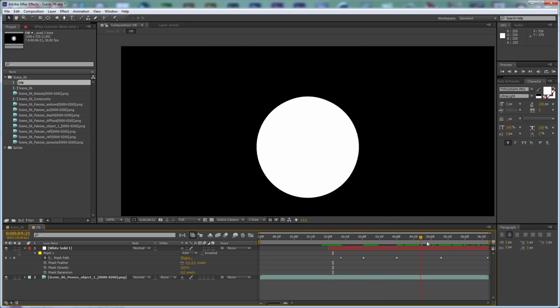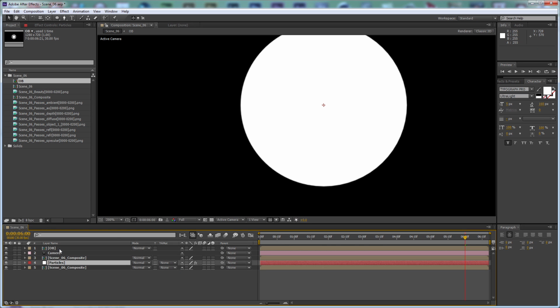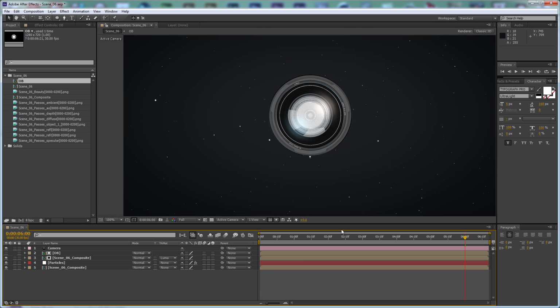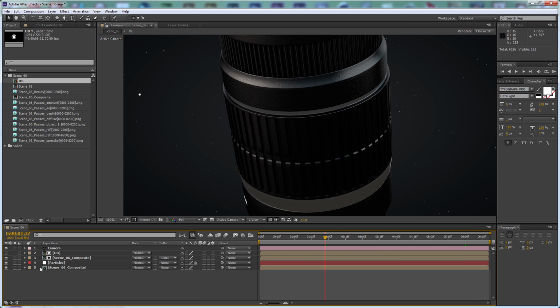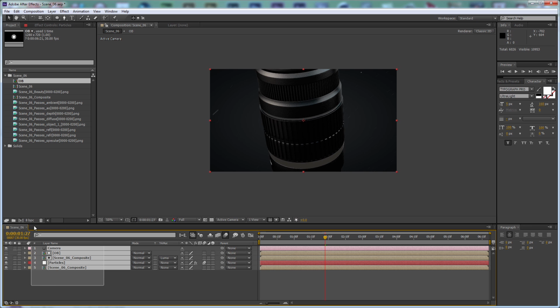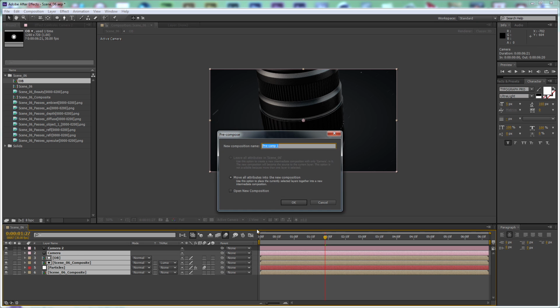So that's the fixed object buffer, and we're going to put the particles between the two compositions and use this as a matte, so we have the particles behind the lens. Also turn on the motion blur for the particles in this composition. And right now we need to take this one and put it into another composition, so let's take the camera, duplicate it, and select everything. Let's call this one scene 6